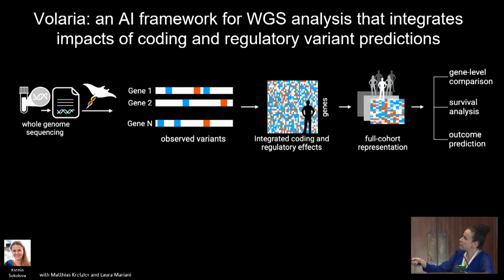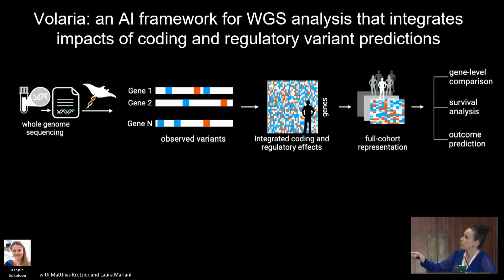The idea of Valeria is that we, first of all, integrate them per gene, so it's a highly structured integration. So for each gene, we're going to integrate all of the non-coding, here in blue, and coding in orange. This is also unpublished. Again, we have the framework done, so if anyone is interested in using it, we're very happy for you to use it. So we integrate for each individual all of their effects for each gene.